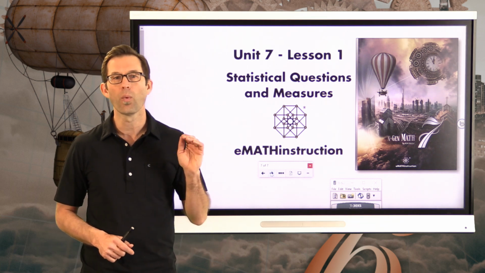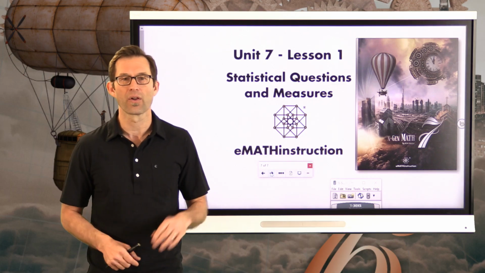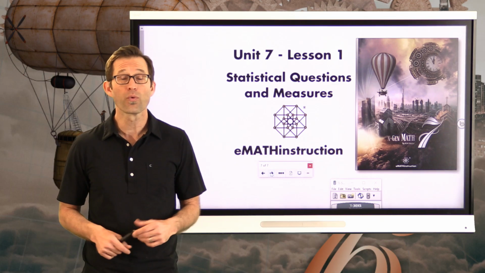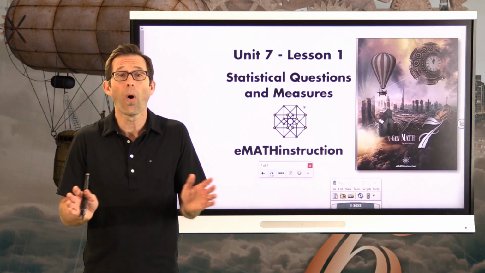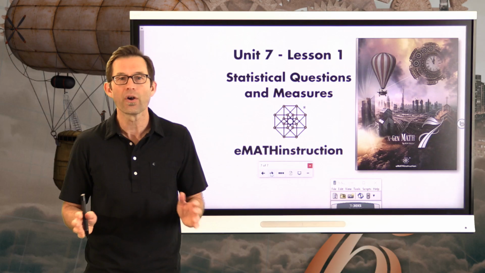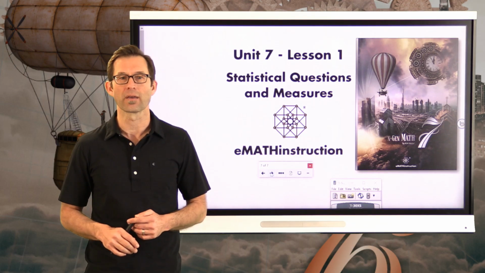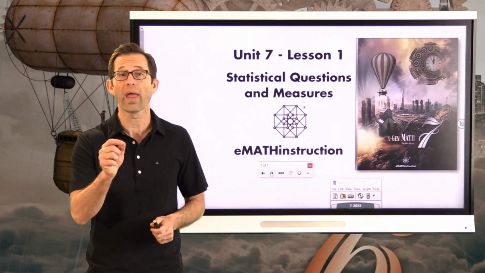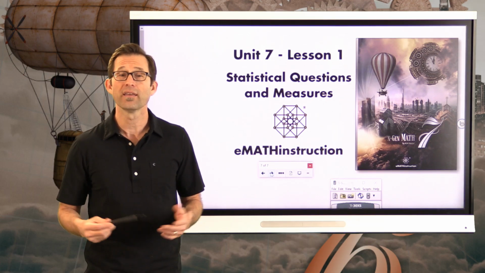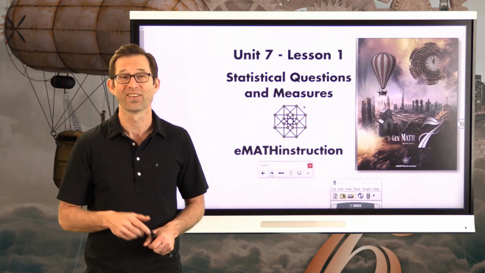So maybe you'd want to know the minimum salary, the maximum salary, the average salary, the median salary, the modal salary. Maybe the range of salaries. You'd want to know all that kind of stuff. Maybe you'd even like to see some kind of graphical distribution of 100 salaries that app programmers make. All of these things would help you answer the question, how much money do app programmers make? And yet at the same time, there still wouldn't be a single answer.